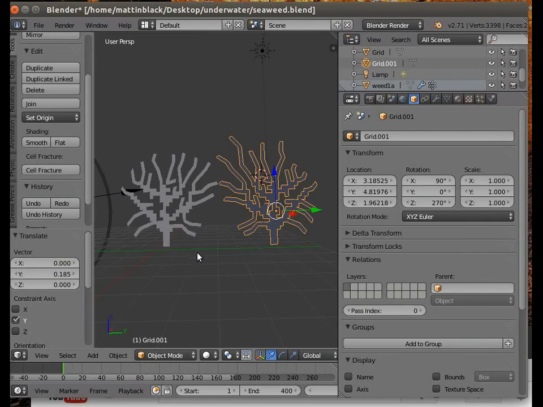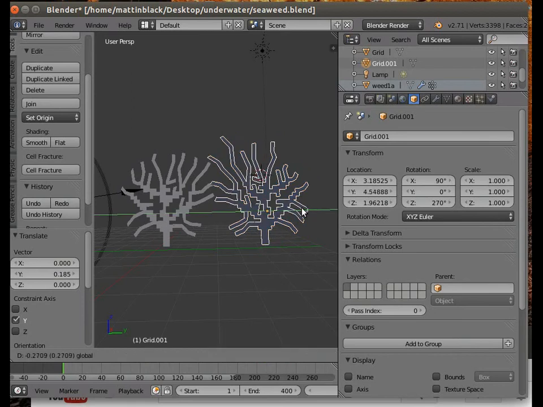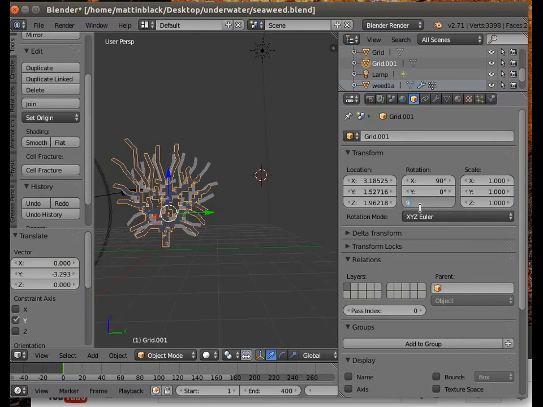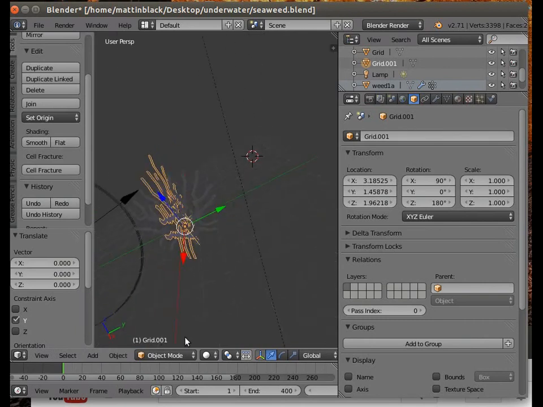And now what I'm going to do is a similar sort of thing to what we do with low poly trees. I'm going to add this object at 90 degrees to that one, or vice versa. It doesn't really matter which way around you do it. So the first thing I'm going to do is move it across so that it stands on top of it, like so. And then I'm just going to edit the rotation so that it's at 90 degrees in its position, so it's in the center,